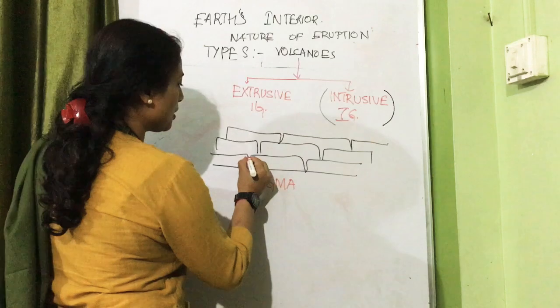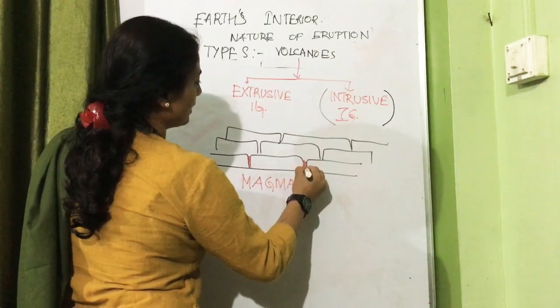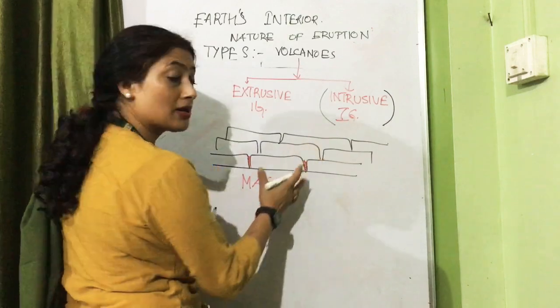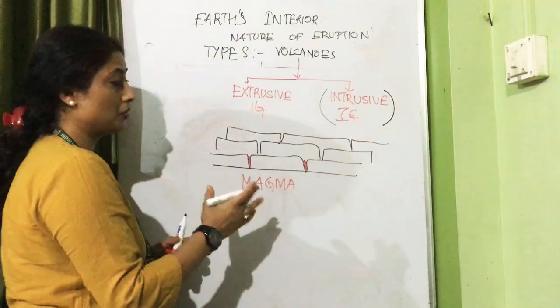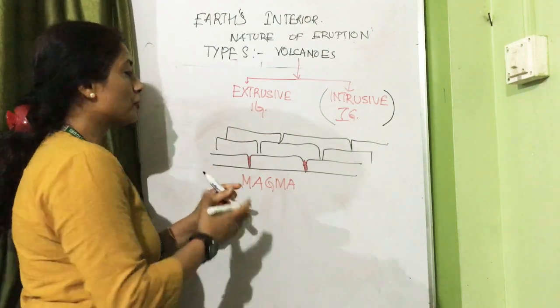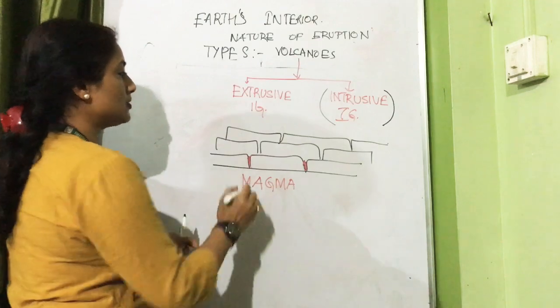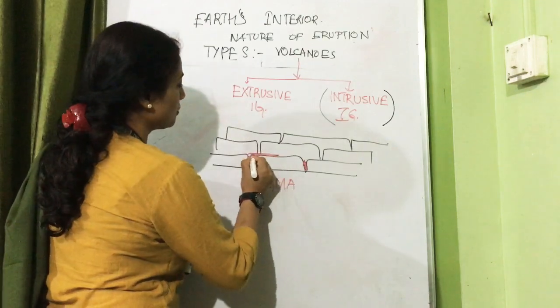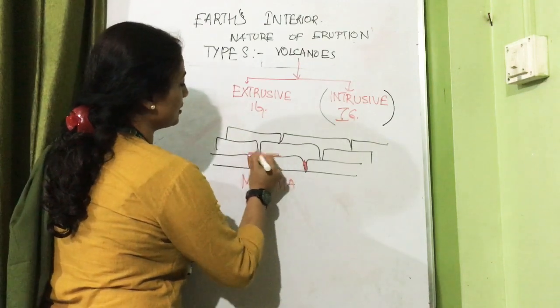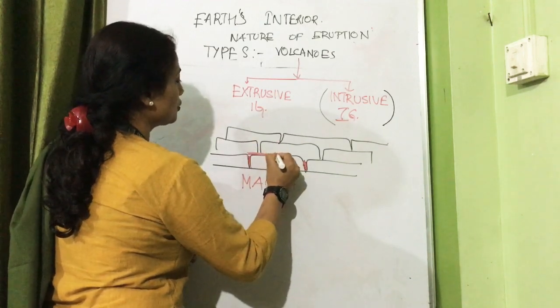When it tries to come out through these fissures and it solidifies, because as it is coming up the temperature is low, it tends to solidify in between the layers of rock wherever it finds a fissure or a gap. Now different kinds of features can be seen. If it solidifies horizontally between two layers where it has found a gap,